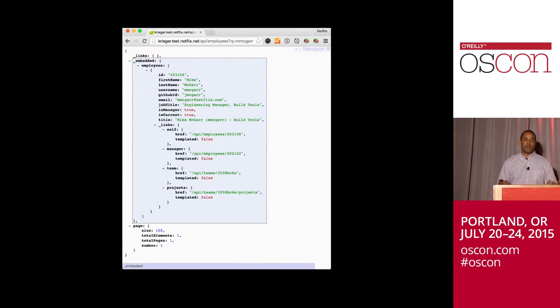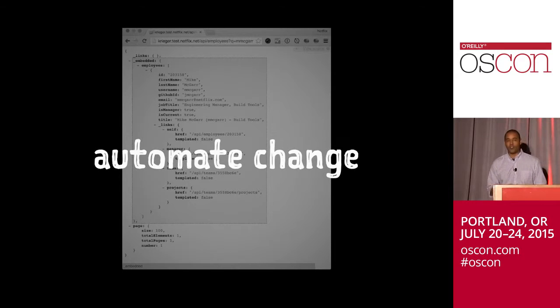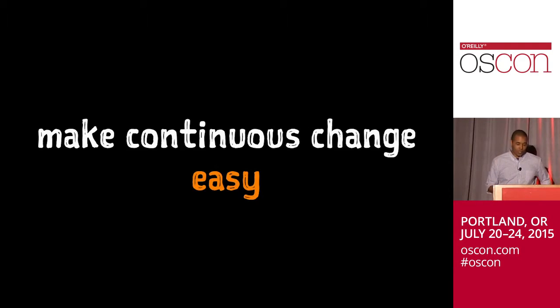Being able to gather this information in real time helps us automate change, because if we find an application but we don't know who the owner is, it's really hard for us to target communication to that team. So our goal is automating change and measuring change. We really want to make change as easy as possible. In the future, we're going to be building tools that help launch campaigns, so teams can launch their own campaigns, gather information and target this communication. Teams can start launching campaigns against each other and help make change easier at Netflix.